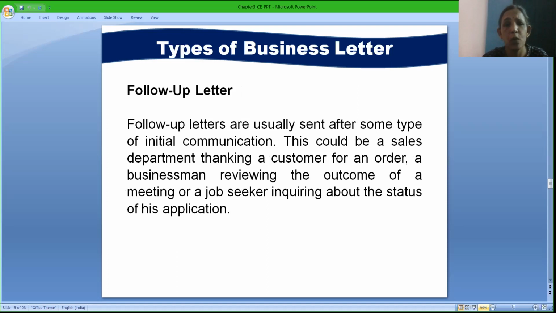The next is the follow-up letter. Whenever we have made any kind of inquiry, people may reach out to us time and again, asking for our call to action. So when someone is asking you for the follow-up, when someone is asking for your call to action, that kind of letter is called a follow-up action letter. Always remember, follow-up is done when you have shown your interest, and when the other person knows that you are a prospect who will definitely turn into a customer or a client.